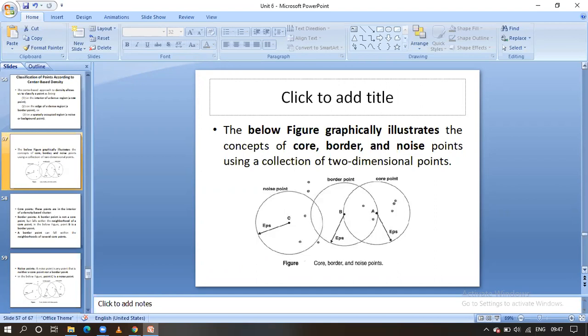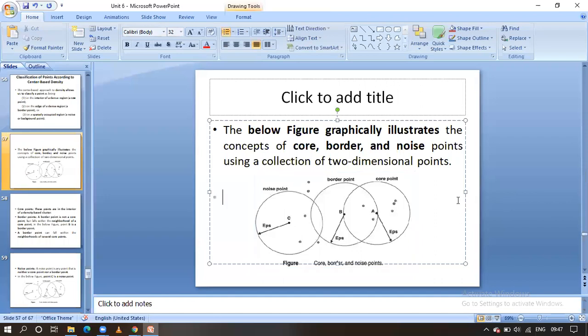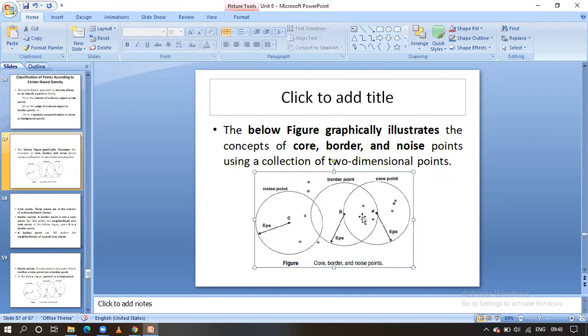Write down this diagram, guys, that will be helpful for you. Whenever they ask about DBSCAN, you have to explain the noise point, border point, and core point. Core point means the interior of the dense region. Border points mean the edge of the dense region. The points outside of the overall dense region we call noise points. These are the noise points. This point is also a noise point.